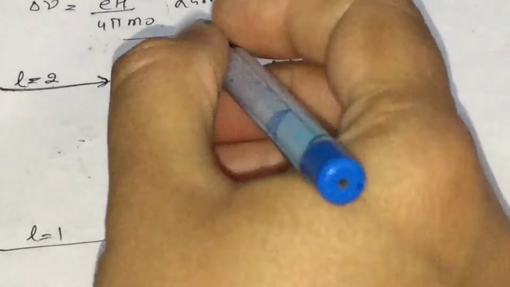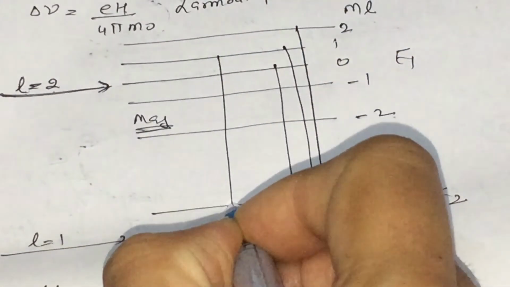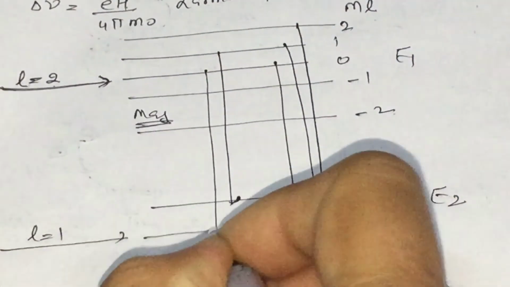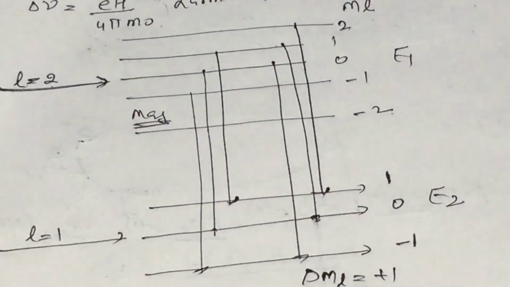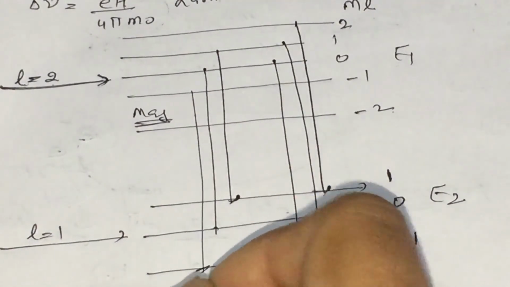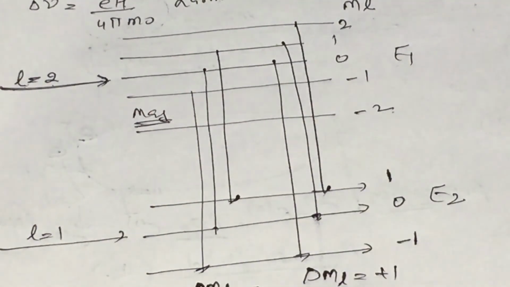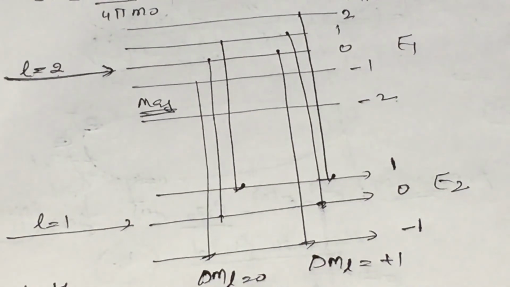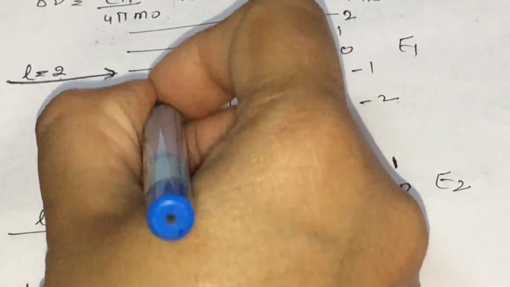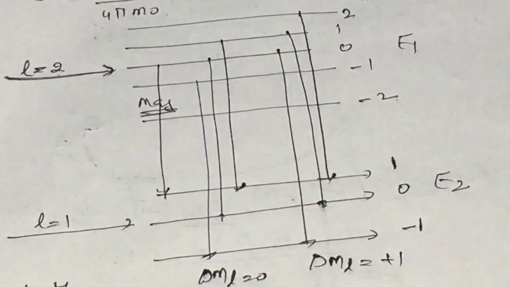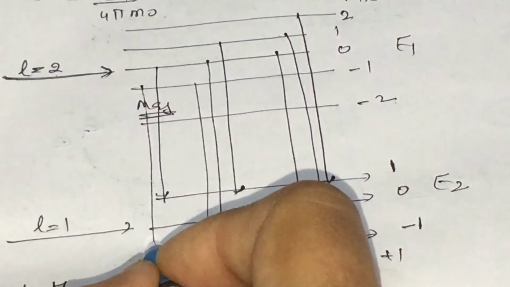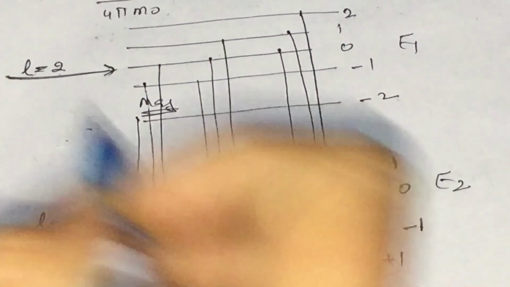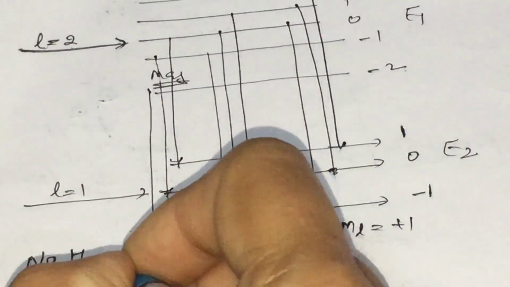It can also happen that we get spectral lines when the electron moves from 1 to 1, or 0 to 0, or minus 1 to minus 1. In this case, the change in the magnetic quantum number is equal to 0. Similarly, here the electron can move from 0 to 1, from minus 1 to 0, and from minus 2 to 1, and in all these cases the change in the